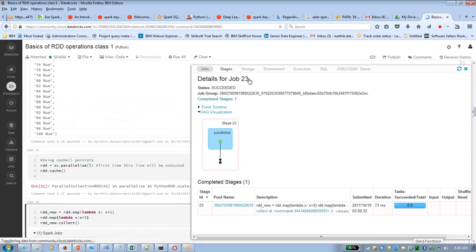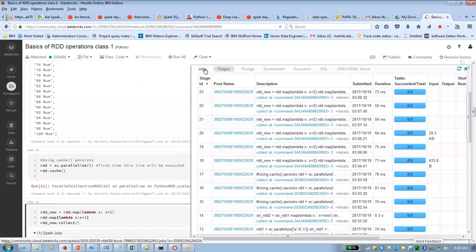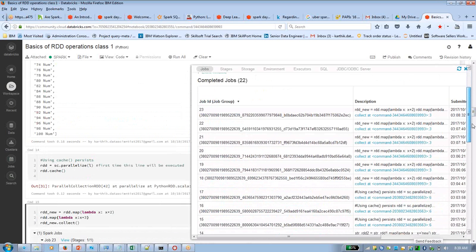Storage. Third, 8. So here, what is the time taken for